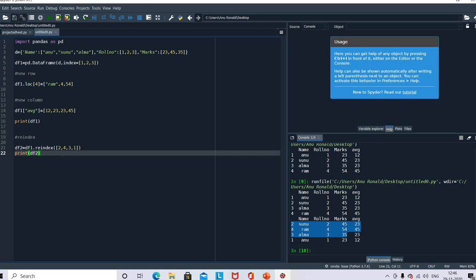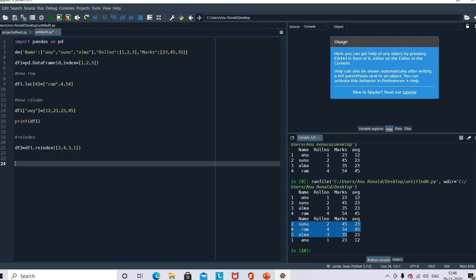Next, how to rename. Rename means if I have to give a new name, something already we have 1, 2, 3, 4. How can I change the row names, as well as we can change the column names as well. So how can I change? So I'm writing df3 equal to df1 dot rename. This is the method called rename to change the name or make a new name.